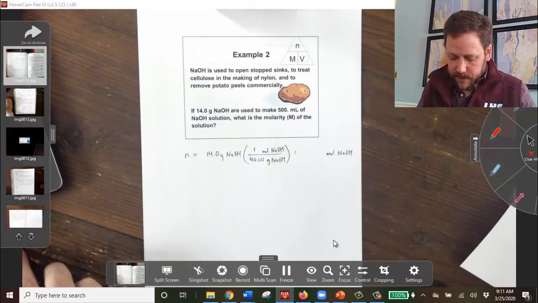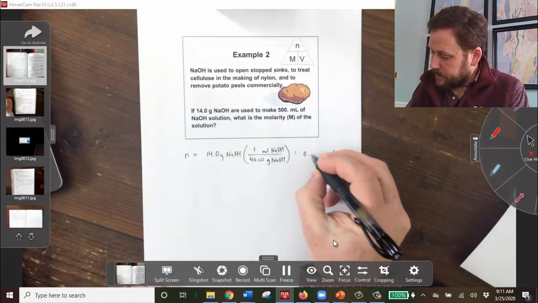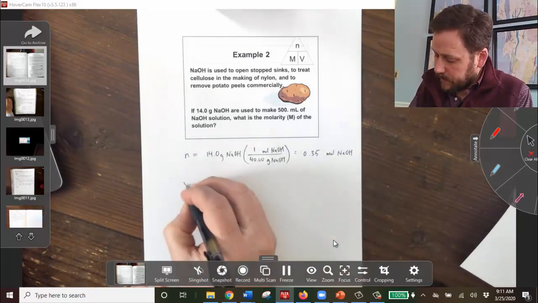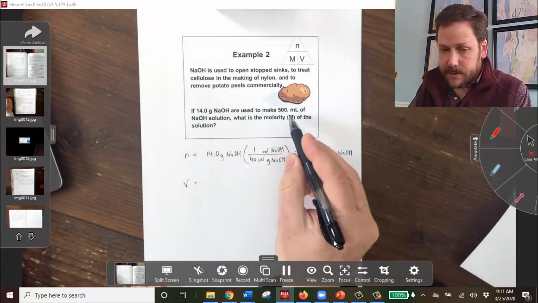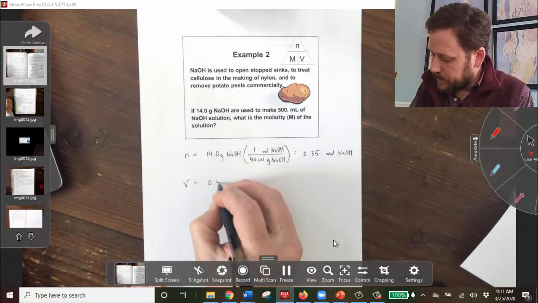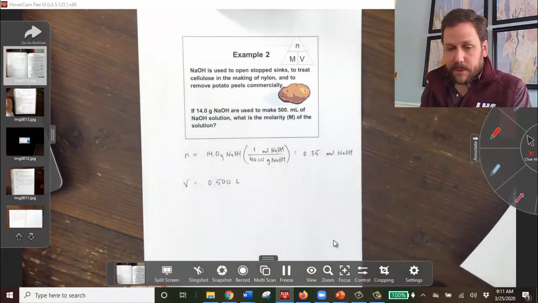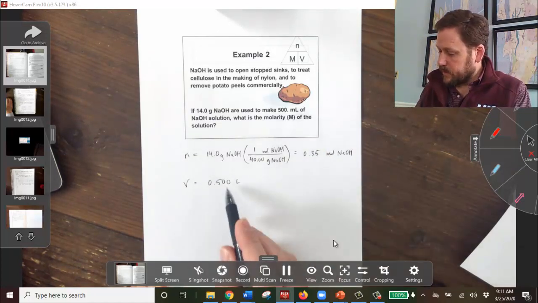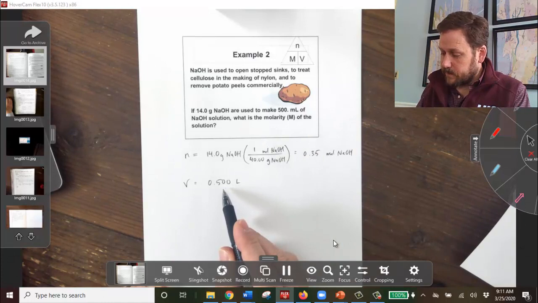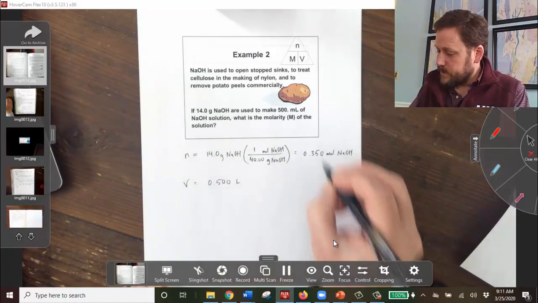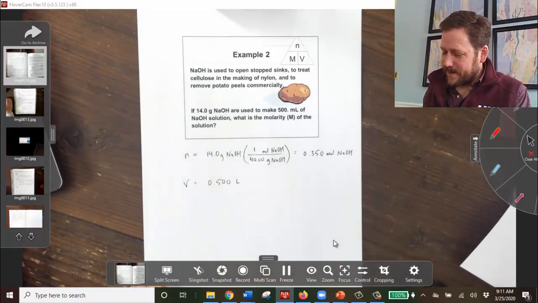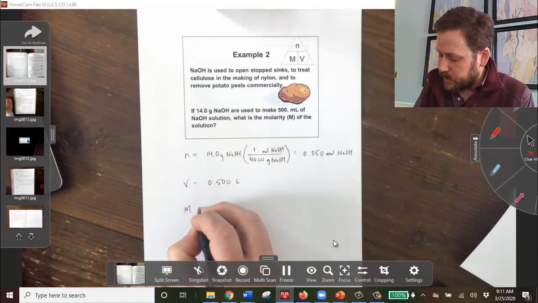14 grams of sodium hydroxide is 0.35 moles. Now, the volume needs to be in liters, and here it's given in milliliters, so remember that 500 milliliters is half a liter, and that volume again was given to 3 significant figures. I'm going to keep the number of significant figures in my conversion. I've kept 3 significant figures in my number of moles, and so when I calculate molarity